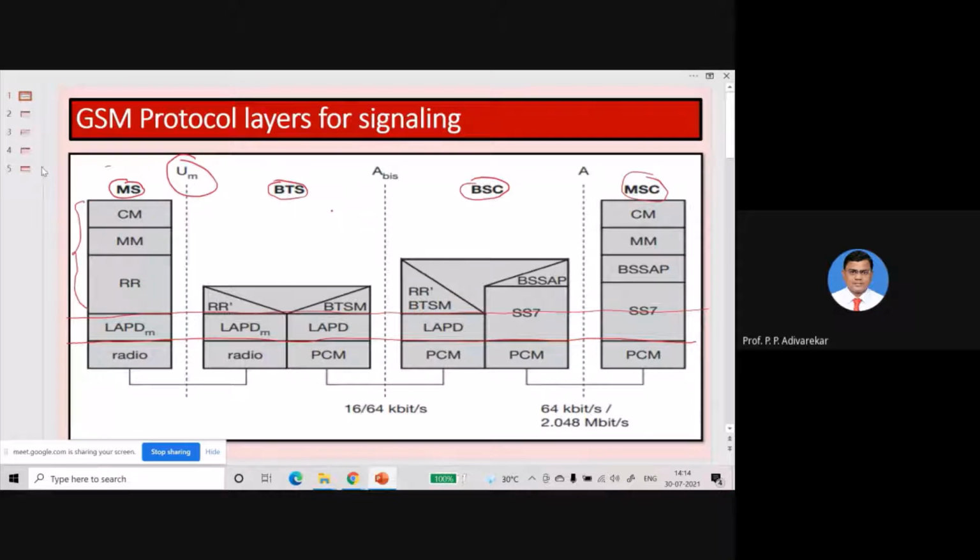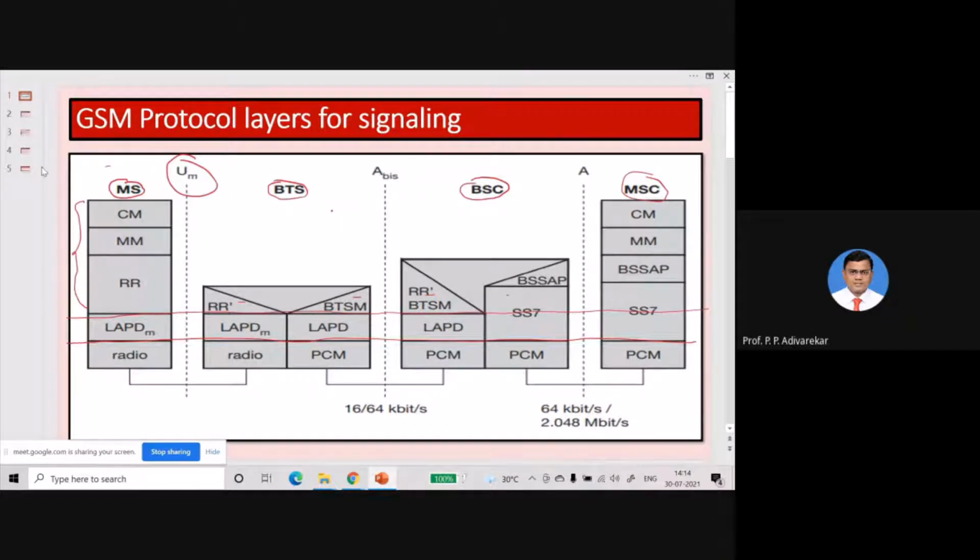CM and MM are also available at the MSC. The BTS and BSC do not have those layers. What those sublayers are, we will see later on. So that is the architecture.